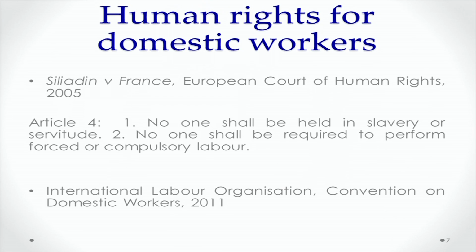The European Convention on Human Rights is mainly about civil and political rights, the right to free expression, freedom of religion. It's not so much about labor rights. However, it has one provision, Article 4 of the European Convention on Human Rights, that we have here, that says: no one shall be held in slavery or servitude. No one shall be required to perform forced or compulsory labor. So the European Convention on Human Rights, a civil and political rights document, prohibits slavery and servitude.